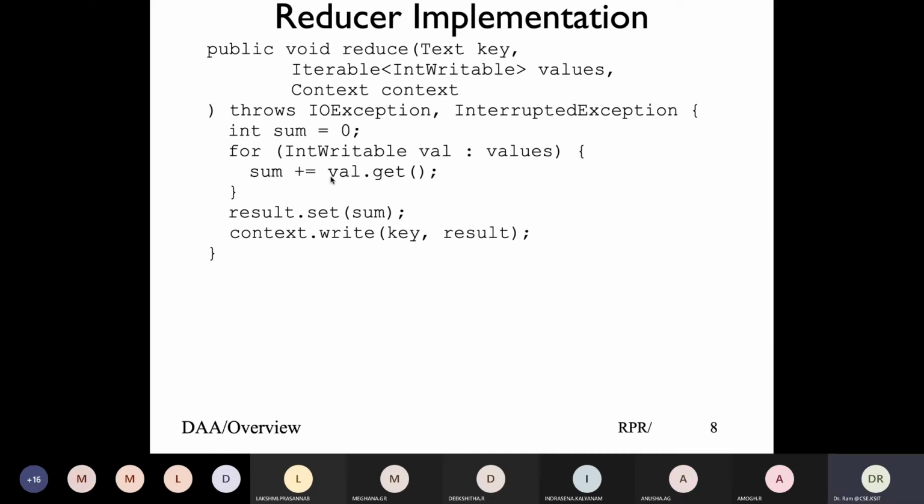Whatever you get, because the combiner has given you some counts, 2, 3, 4, whatever those are, the reducer gets them. Remember, shuffle gives all the keys to the same reducer, and that is what it does. You get the value, set the sum, and write the result, and that's the way the reducer works. It's convoluted Java code.